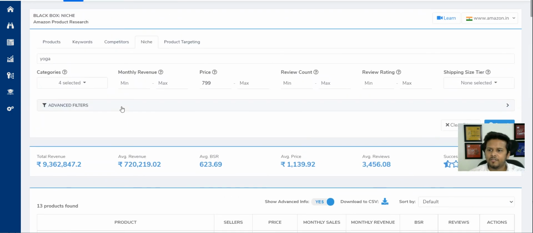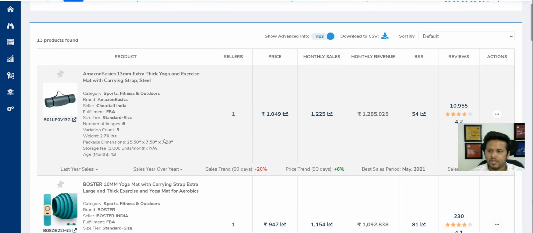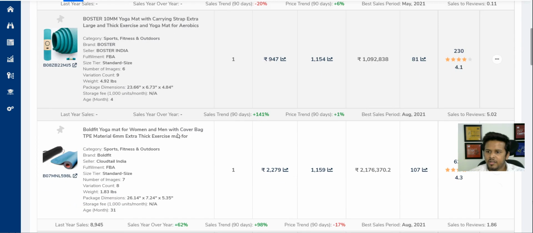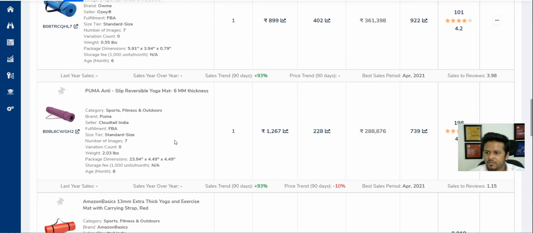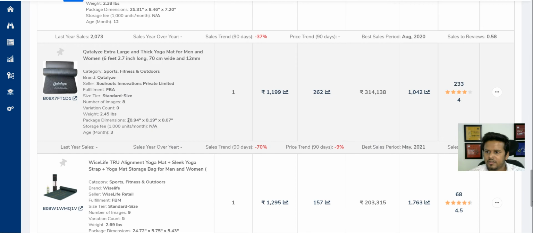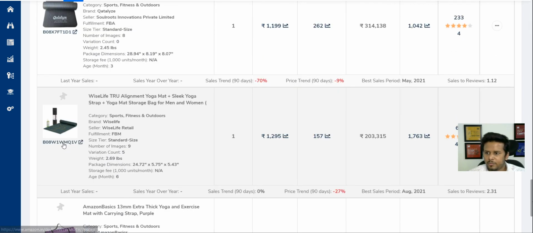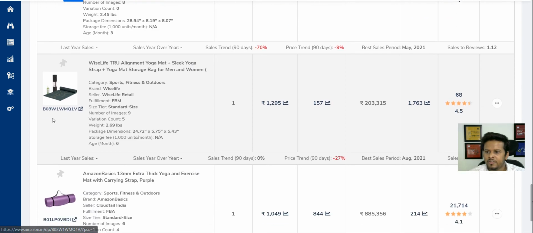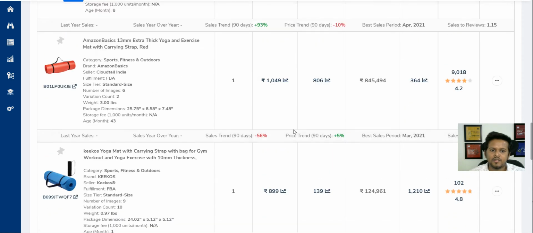Yes, for yoga we can find that it's a niche product, and we have different products like yoga mats, and these are different yoga mats that you can see, and you can think and customize it as per your design. As you can see, they have their logo there, which is a private label product. This is the bundle product, and it's providing a few different things as well: yoga mat plus yoga strap plus storage bag. So definitely you can explore this.